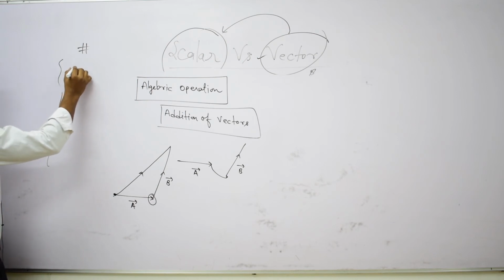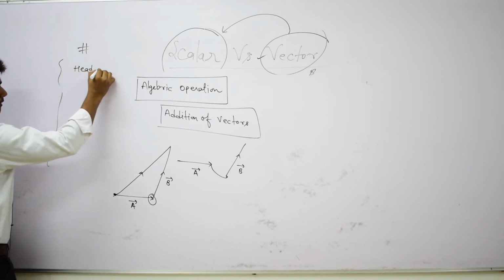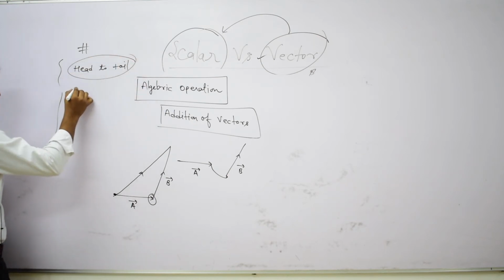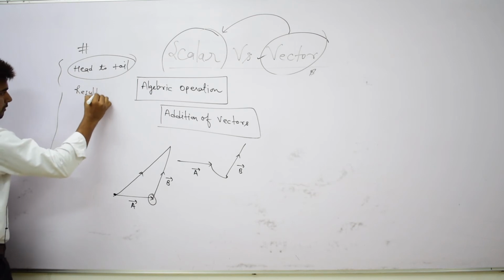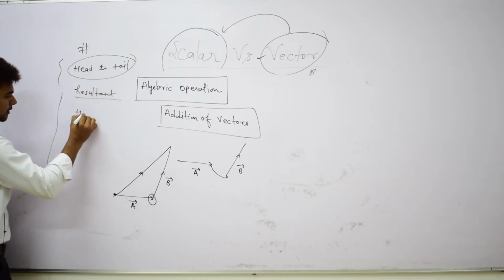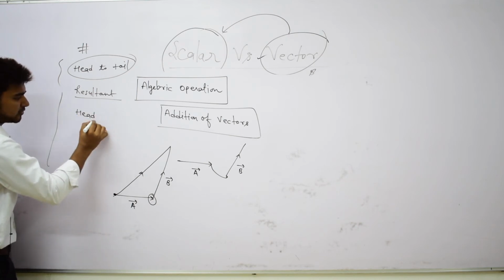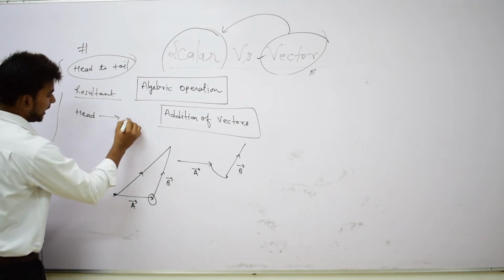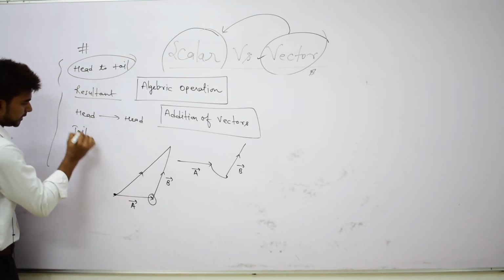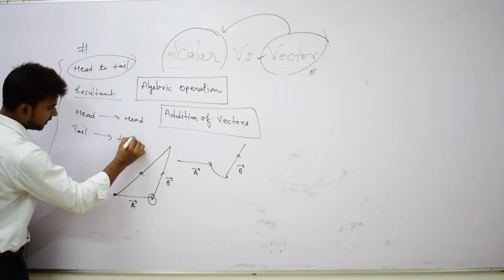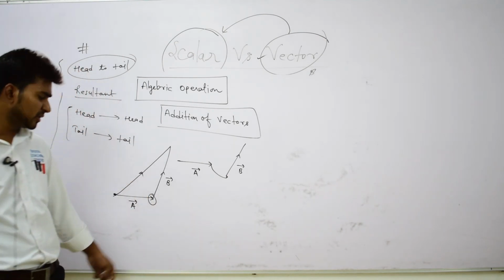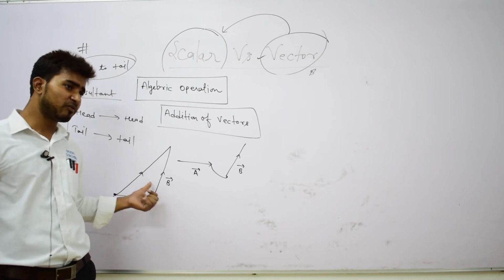So this is very important, you need to understand that in normal addition we have to add head to tail, but for the resultant vector we have to add the head of the resultant to the head of the vector and the tail of the resultant to the tail of the other vector. This is very important, you need to understand it. For the normal addition we have to add head to tail, but for the resultant,